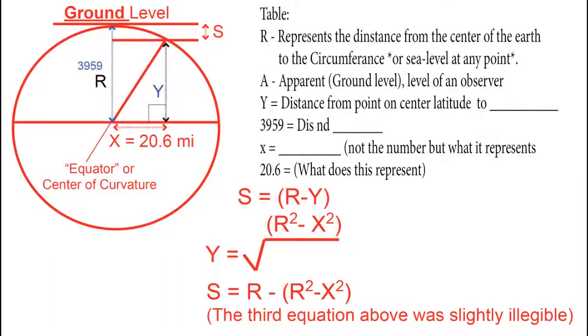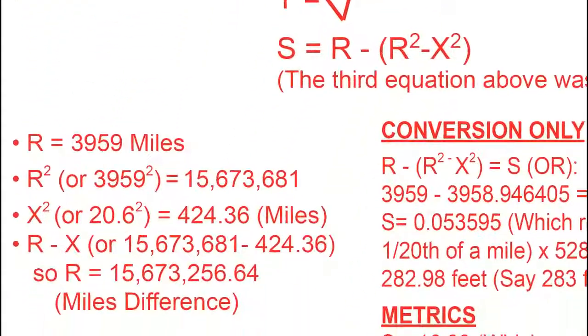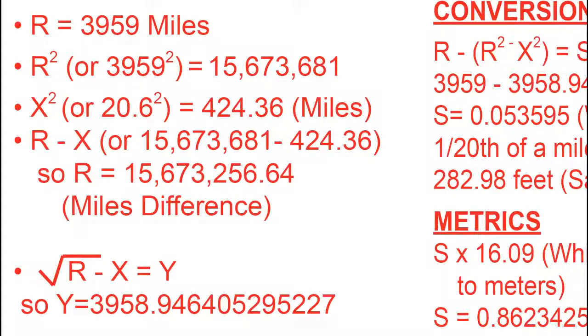So we know that R equals 3959 miles, so then R squared, or 3959 squared, equals 15,673,681 miles. X squared, or 20.6 miles squared, equals 424.36 miles. So, R squared minus X squared, or